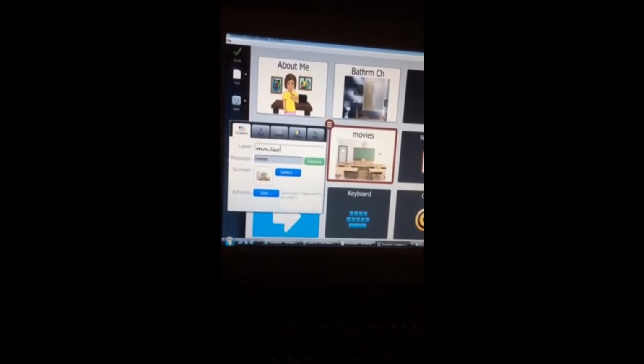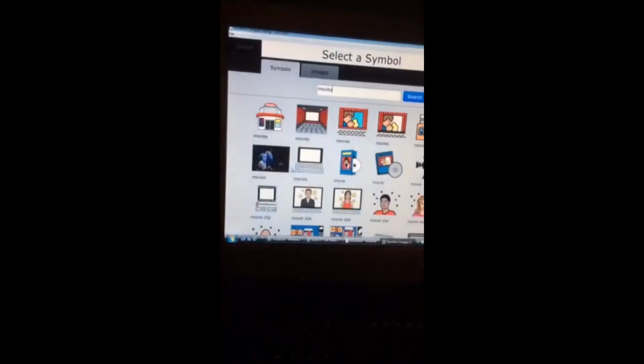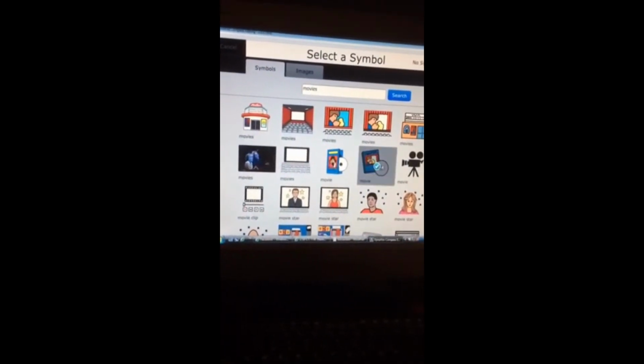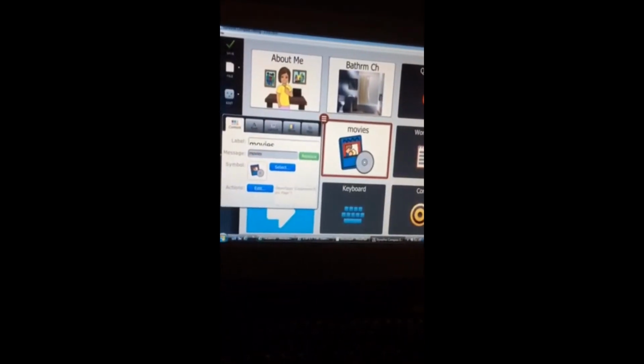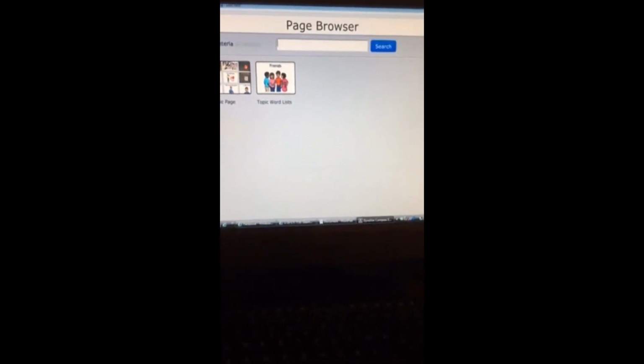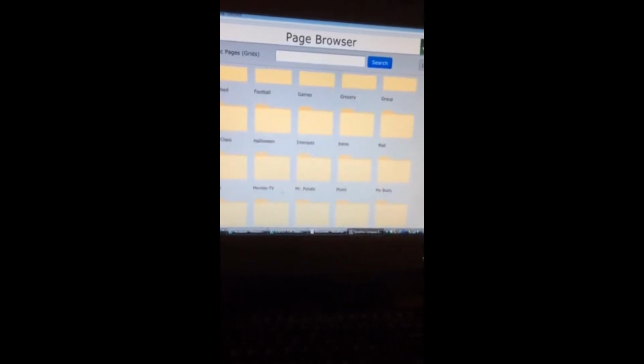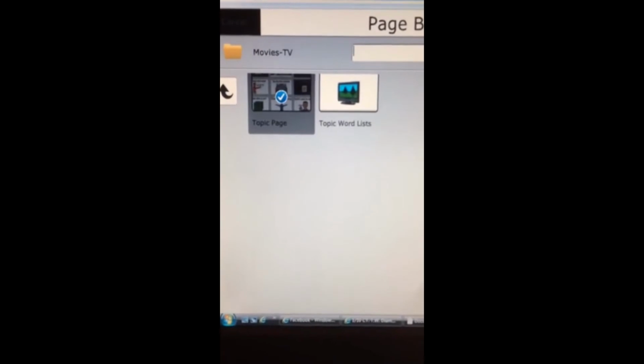And so I did that by highlighting it in red, clicking this button. I typed in movies, and now I will select, you know, it might be that for DVD, unless you do VHS like us. And again, you go to Actions, Edit, double click the Open Page, and then find what you want. Whoops, I always forget. Trying to remember what it might be called. Movies, TV. So I click that,